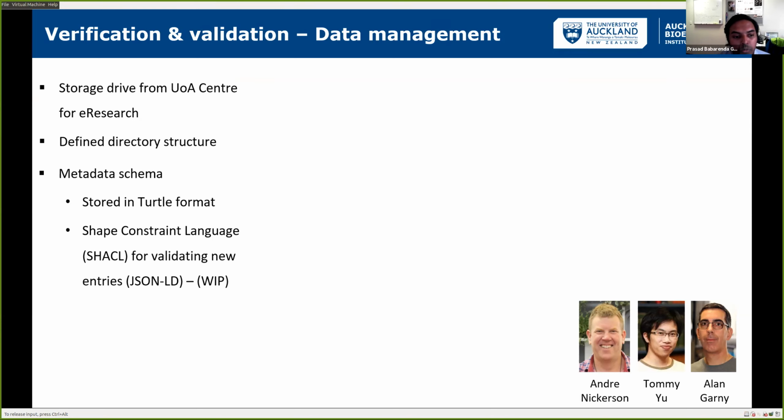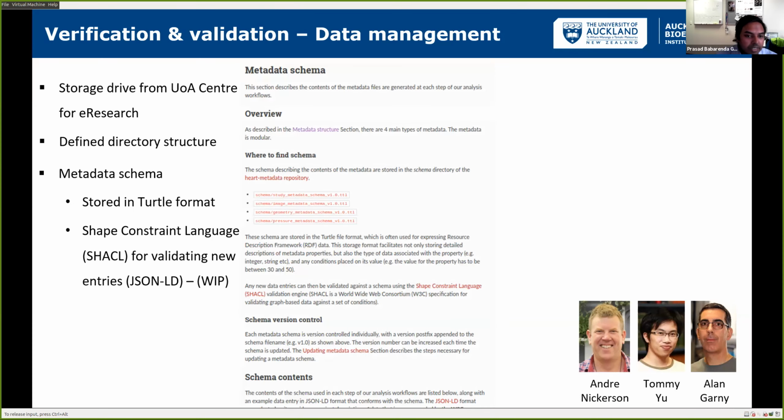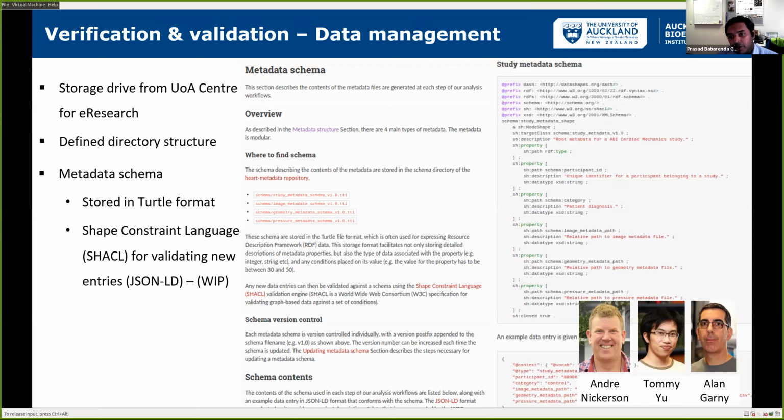in your workflows. So what we've done is define a metadata schema that describes what the data is, and that's stored in turtle format. Then we use the Shapes Constraint Language for validating new entries, which are written in JSON-LD format. And here's an example of that schema. So we've got existing tools that we're using, so we can take new data, validate it and make sure that it conforms to the schema